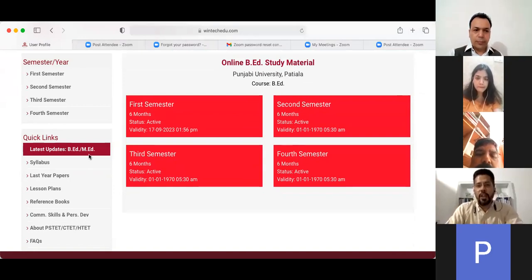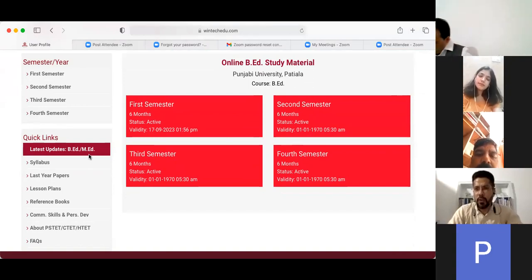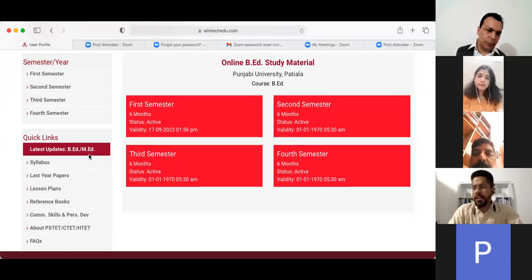So now, for example, many of you have many queries. For example, when our admission was going on, so many students were asking, sir, could you please give us the latest syllabus? Could you please give us the last year question papers? So in order to resolve all your queries, we have put everything into this interface only,